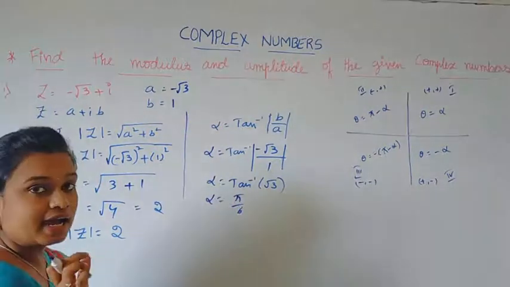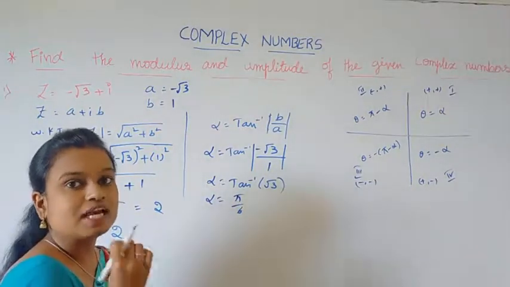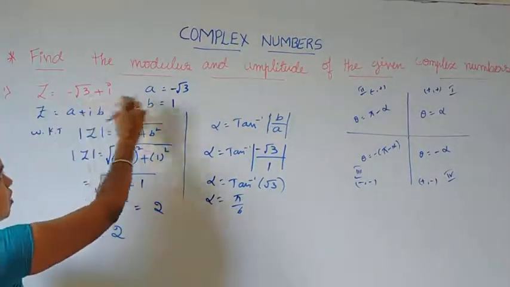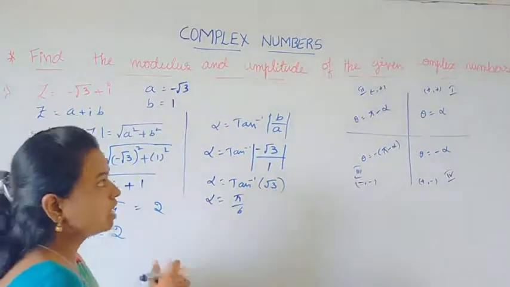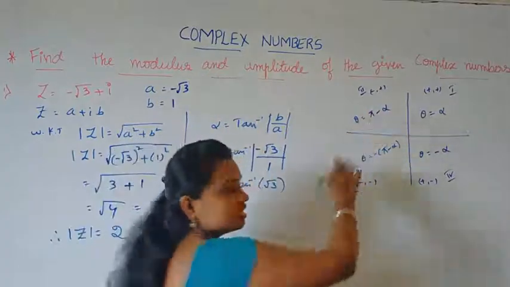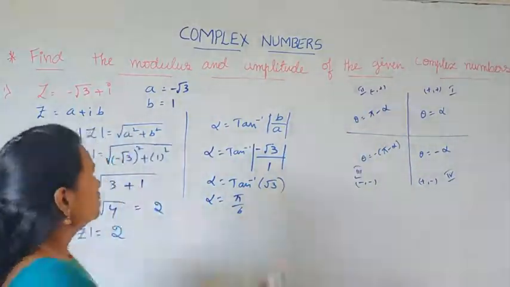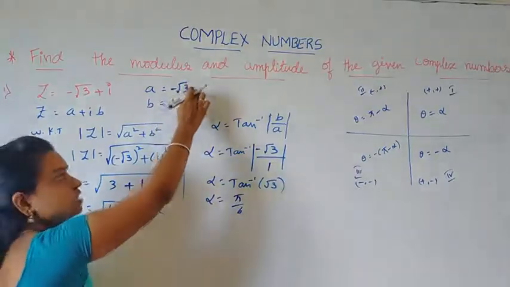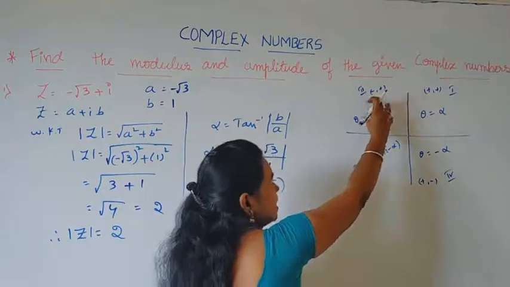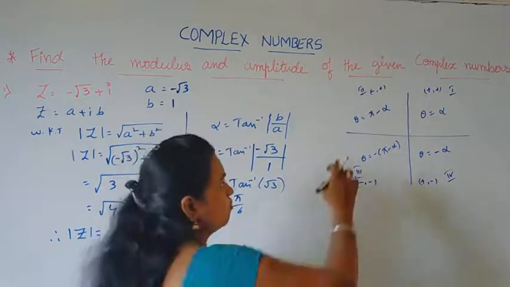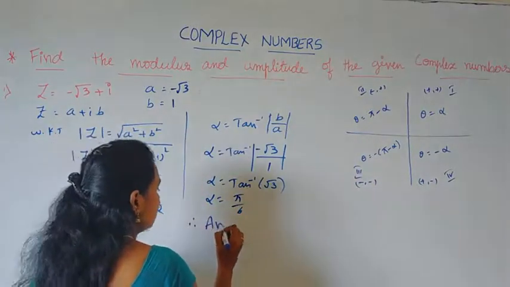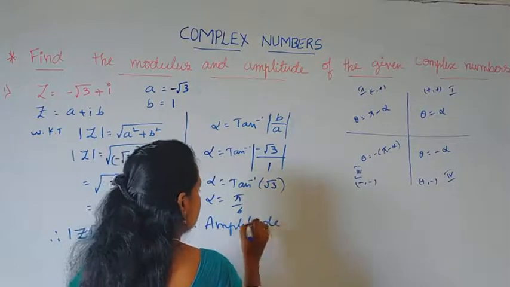So next, what is the step? We have to identify which quadrant the given complex number lies in. Here the real part is negative and the imaginary part is positive, minus plus. So this complex number lies in the second quadrant. Understand? Real part is minus, imaginary part is positive, so minus plus means this lies in the second quadrant. Then the argument becomes what? Pi minus alpha. So therefore amplitude is equal